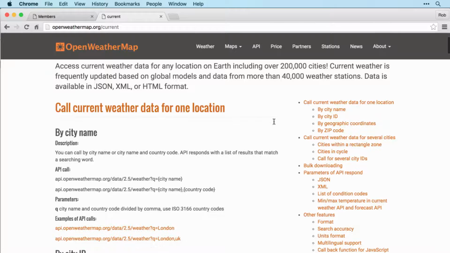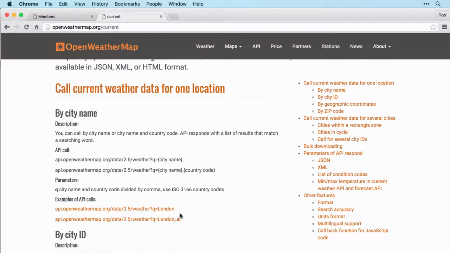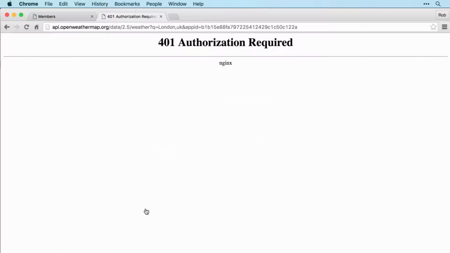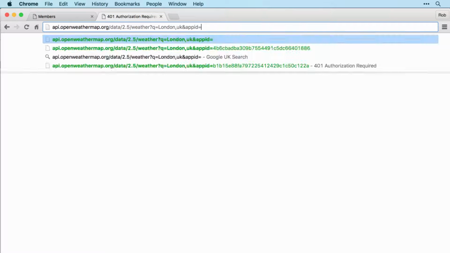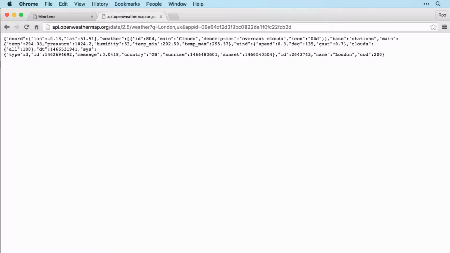So if you want to, pause the video and spend a bit of time reading that. But essentially the short outcome is that if we click on one of these links here, it will give us the weather that we want. But it will only give us the weather that we want if we put in our app ID. So replace this big long app ID with your own and then press enter and you should get something that